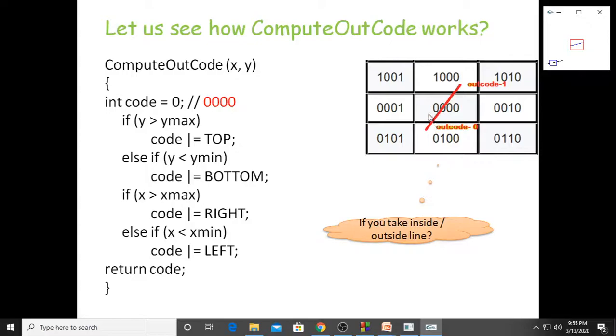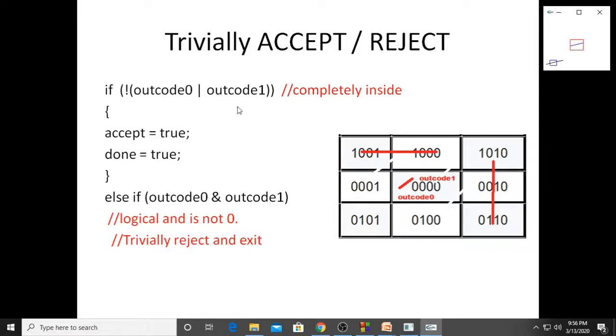Assume that you take only inside points, inside and inside, what is the output? Both will be 0 0 0 0 only. That is called the trivially accept case or reject case. Now consider this line. If the input is like this, here also 0 0 0 0, here also four zeros.